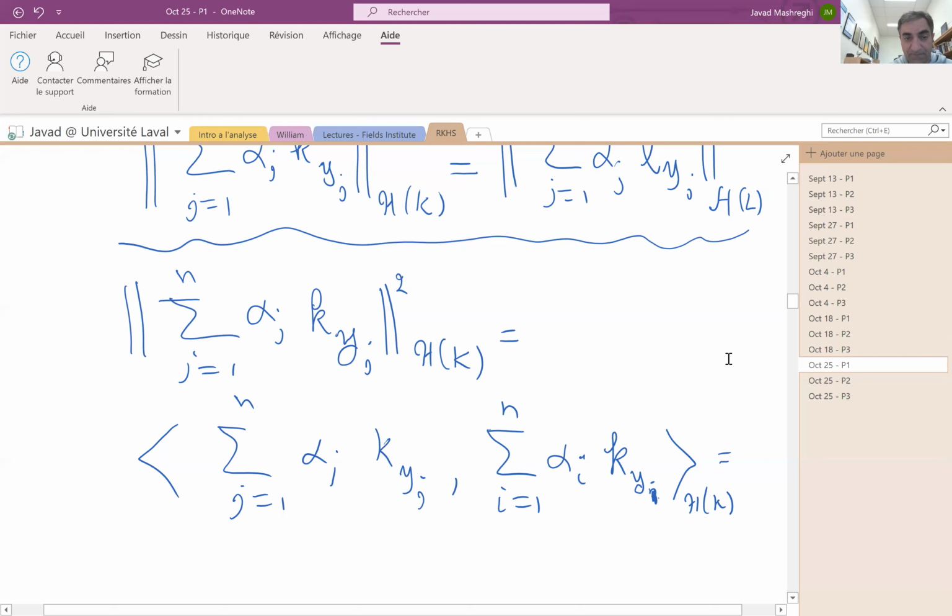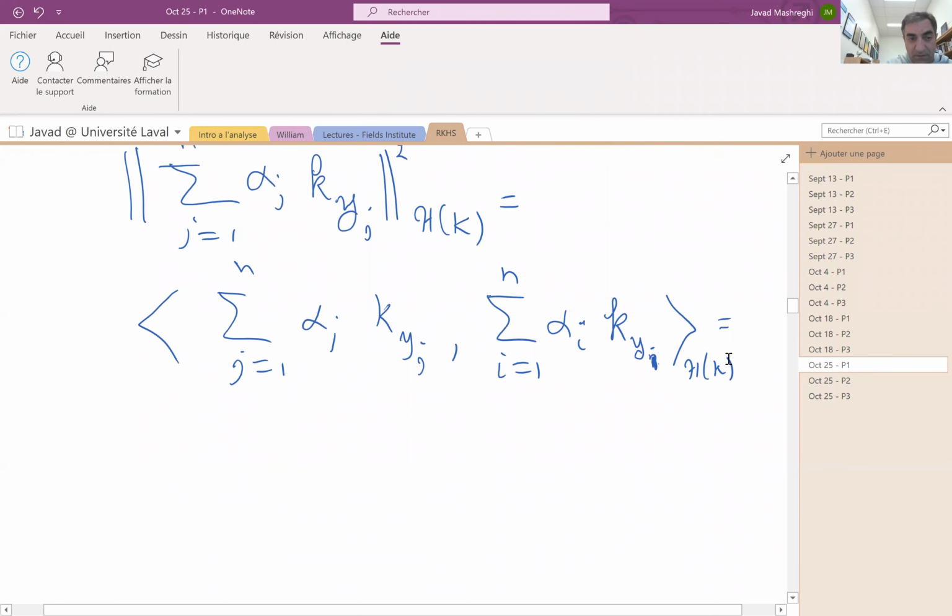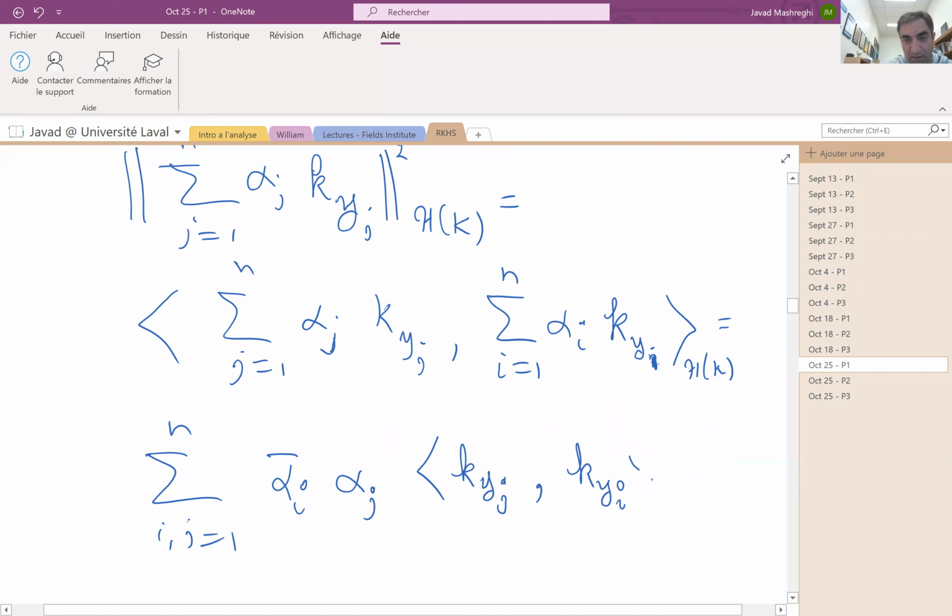It's linear. We can write it as sum over i and j, alpha i bar, alpha j, k y j, inner product with k y i in H of k,